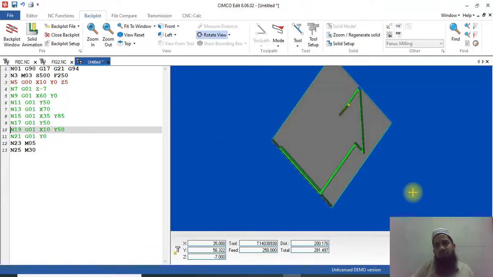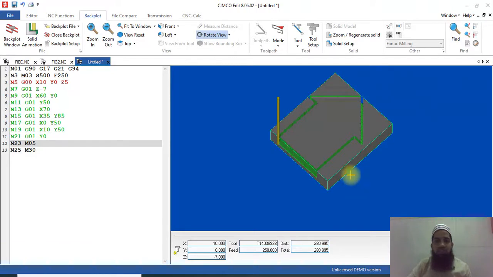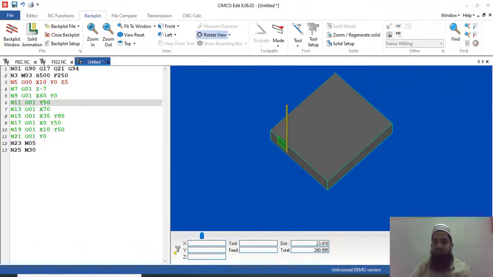Oh my god, it is again moving in a downward direction. Now you can see I have made only a little mistake. It has to be an inclined line, so I can give the value of x equal to 0, y equal to 50, and now this is the right program, you can see.